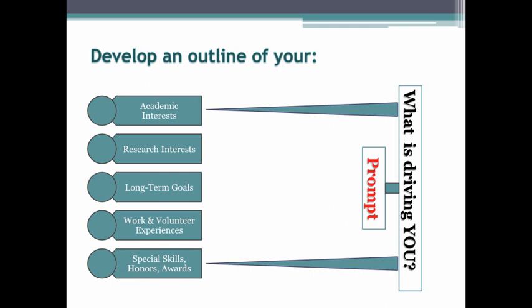What are your work and volunteer experiences? This is where, for example, you volunteered for the Boys and Girls Club of Chicago, or you worked for a nonprofit organization in the city of Chicago or in the suburbs or elsewhere, right? You volunteered, let's say, somewhere in Latin America or in Asia, right? This is where you are aligning and stating your experiences. And of course, your special skills, your honors and awards. So if you won awards, you want to list that.